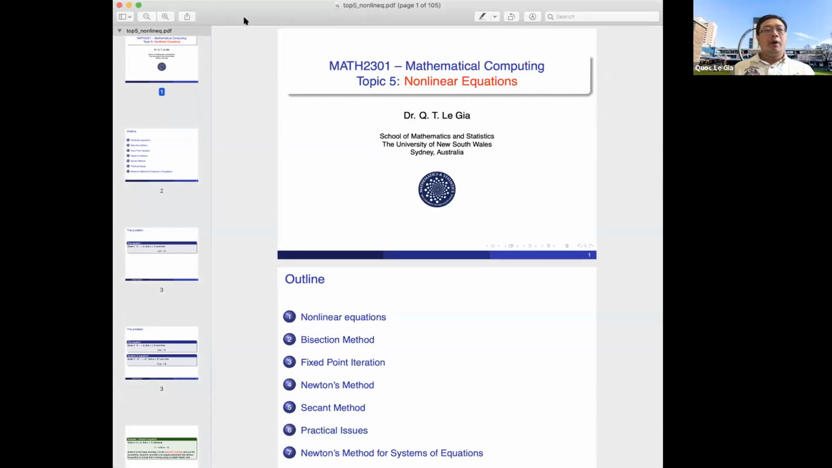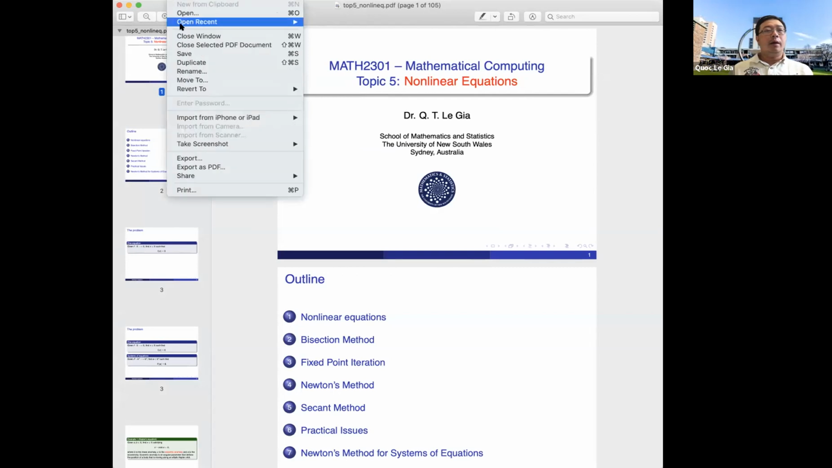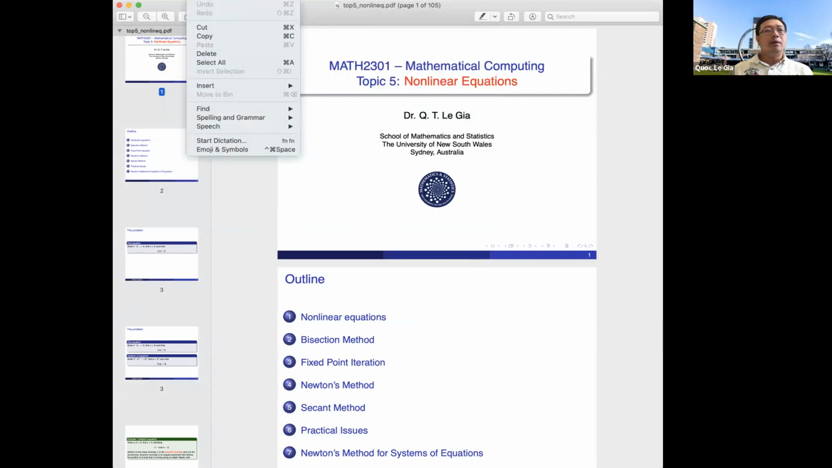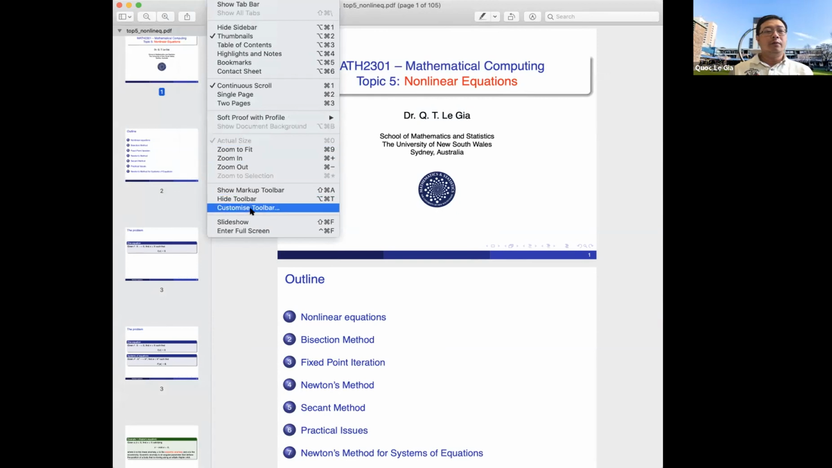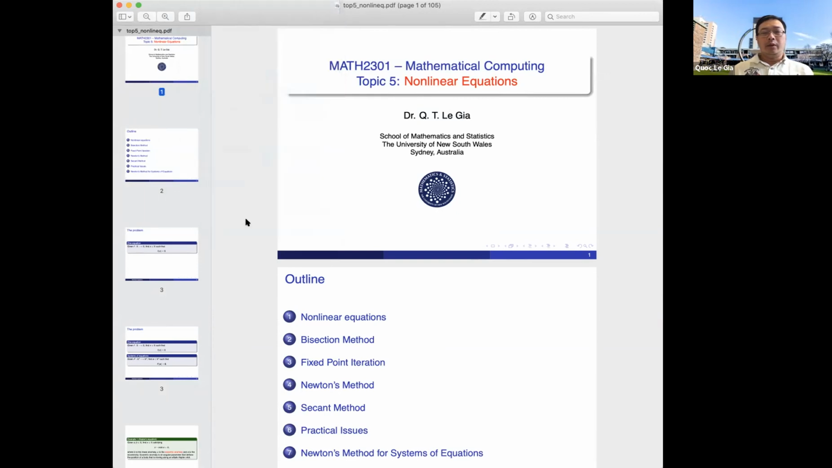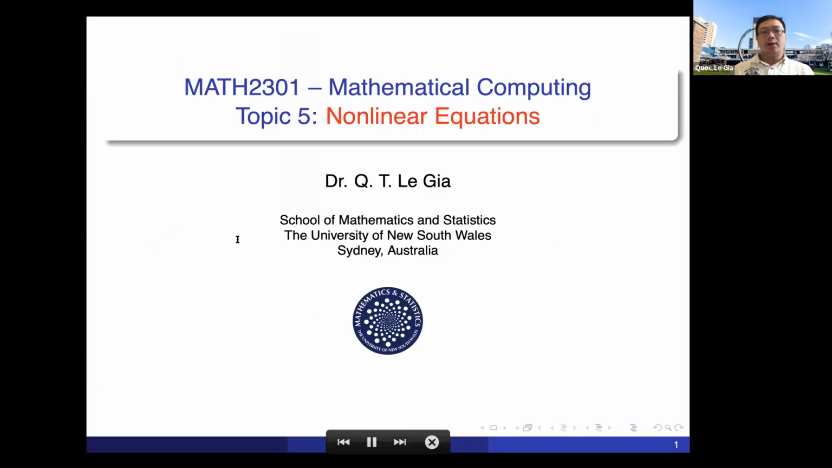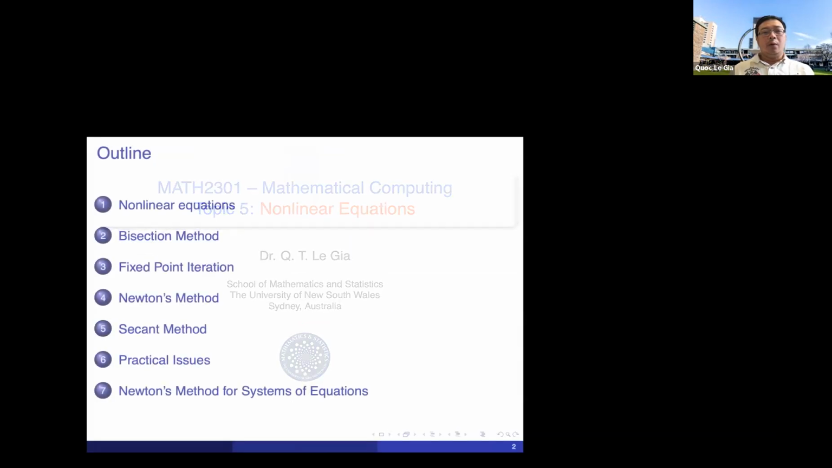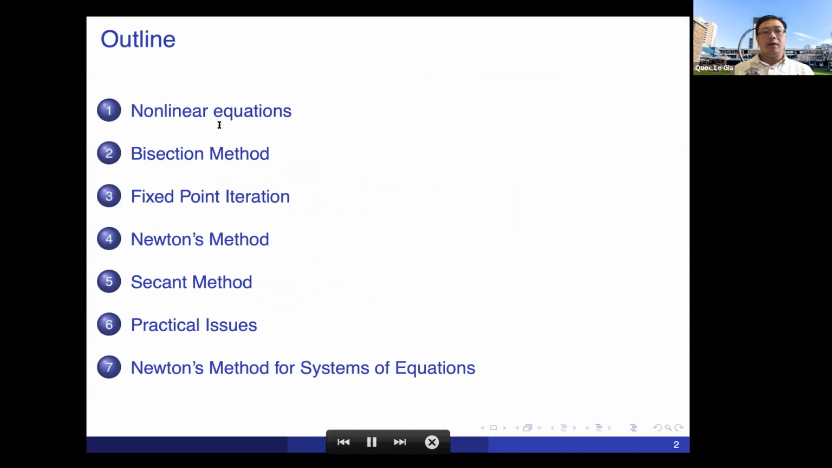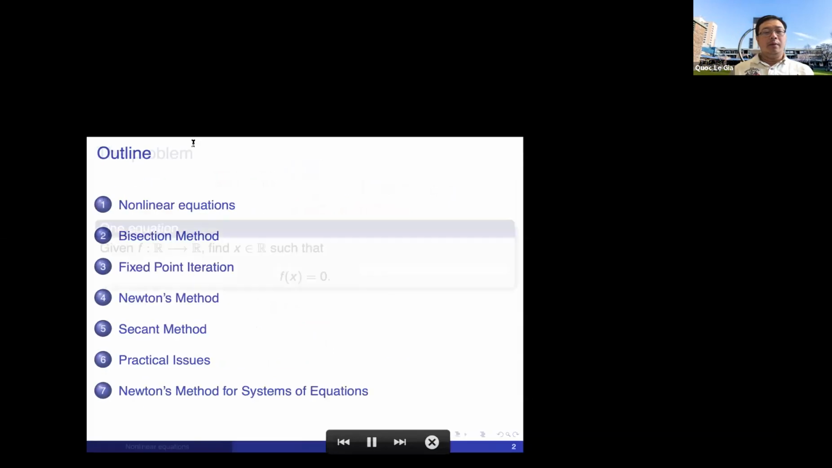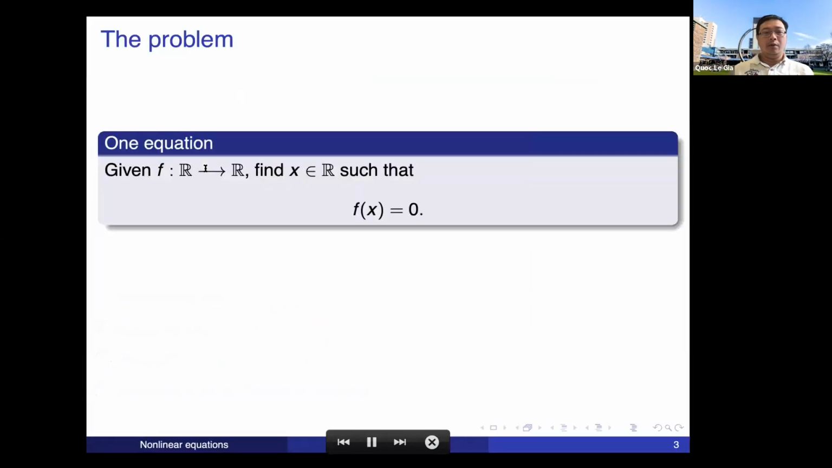Okay, good morning, everyone. So today we are going to talk about a new topic, nonlinear equations. A nonlinear equation is when you try to solve the equation f(x) equals 0 and f is nonlinear. So we will study maybe a few methods. So the first method,